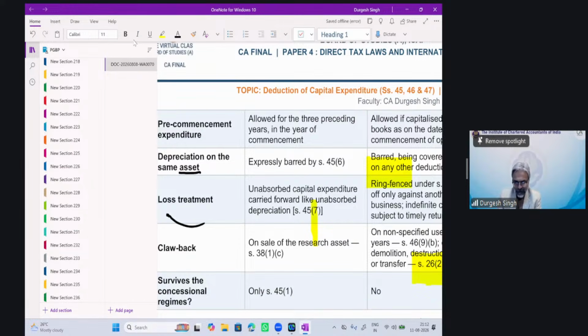But in the examination, if the question does not specify clearly that it is a tripartite agreement, you have to go with the first case only, the waiver of the loan. The loan was taken for the purpose of purchase of the asset. That waiver, you will say, is specifically chargeable under section 28 PGBP, because the benefit is in money.